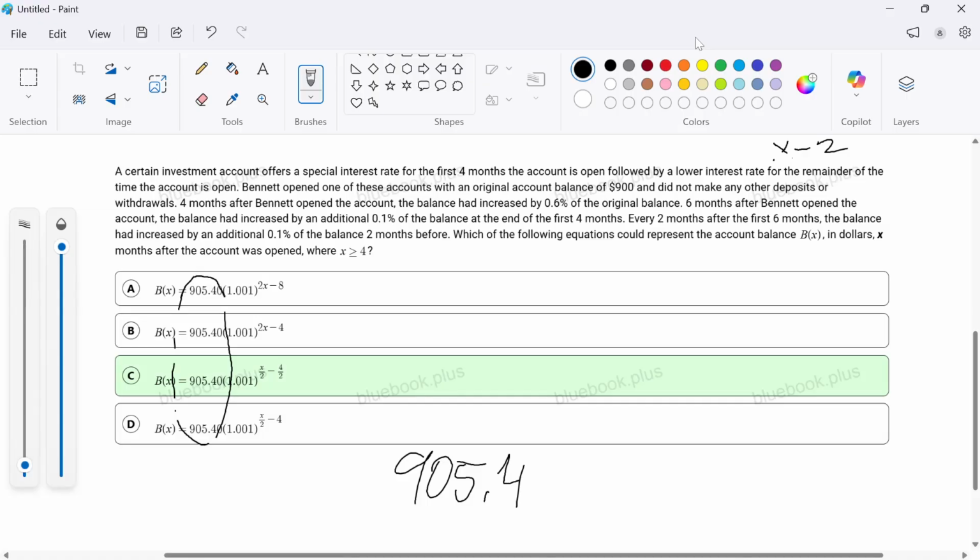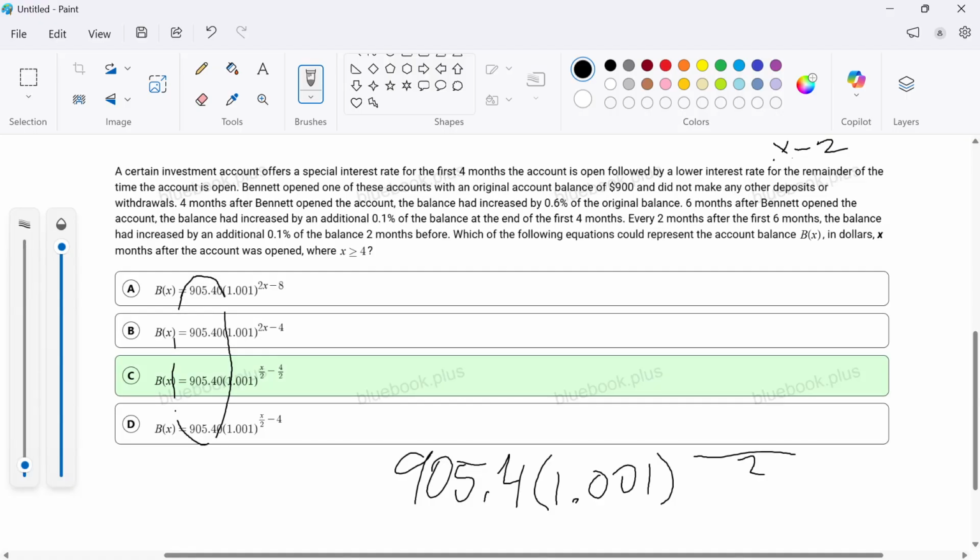So remember, when you're doing interest or percent change, it's raised to the power of the number of time periods divided by how many time periods it takes for each change to happen. So it's going to be 1 plus 0.001, and then it's going to be something divided by 2, because this happens every 2 months. The first thing, 905.40 is the first 4 months, and then 2 months later increased by 1%,